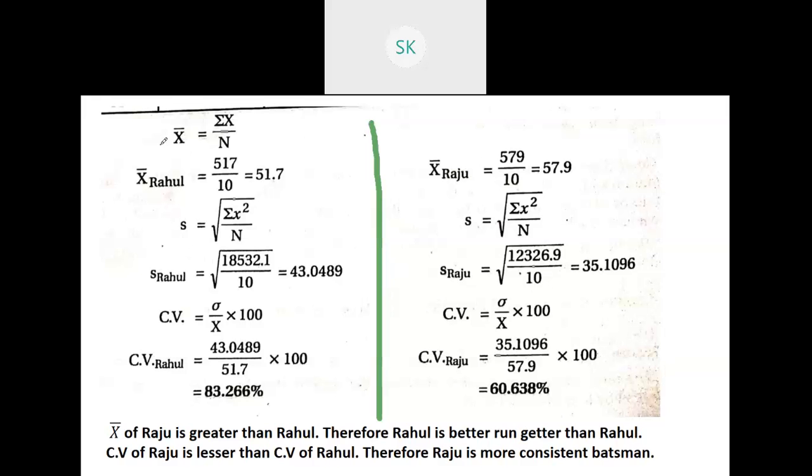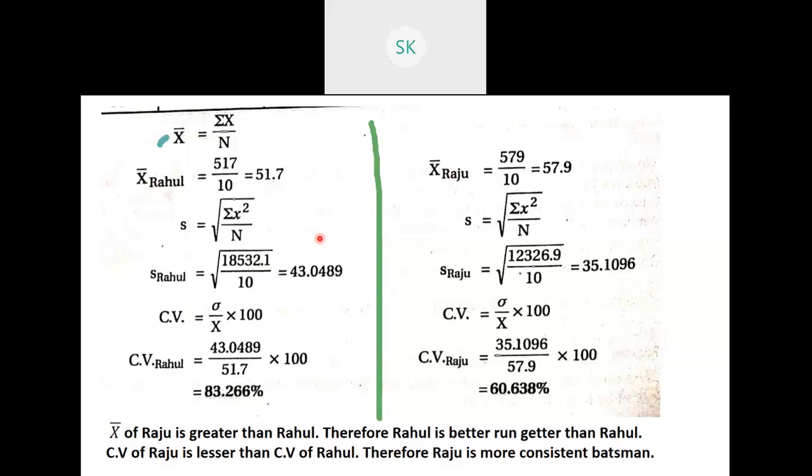Now after finding out arithmetic mean, we are supposed to analyze the next part, that is standard deviation. How do we find standard deviation? Using the simple formula, square root of sigma x square by n. That is the standard deviation formula. We have already found out the required information, sigma x square by n, in both the cases. So let's just apply that formula directly.